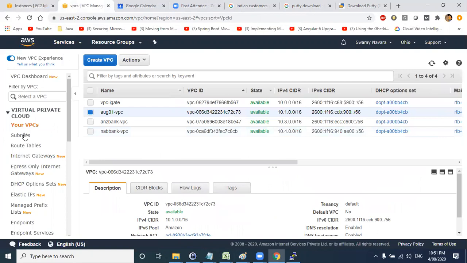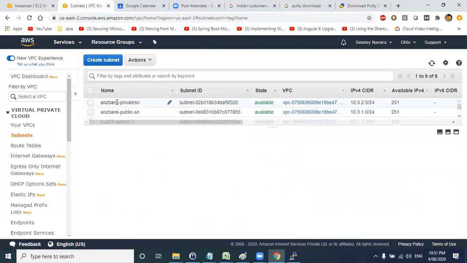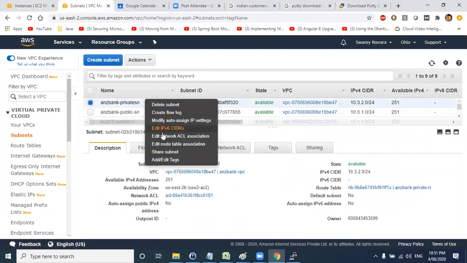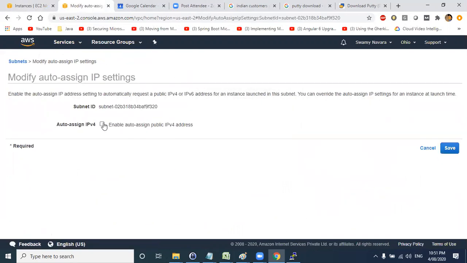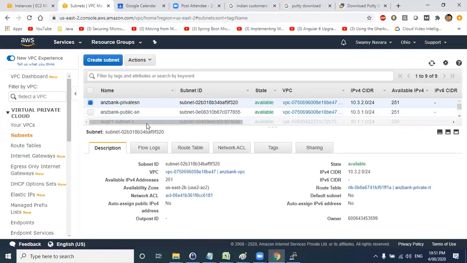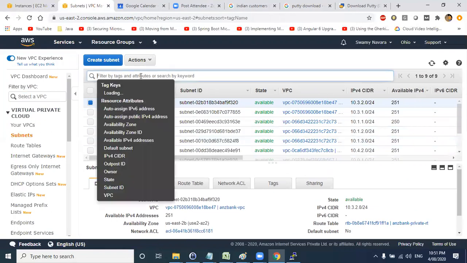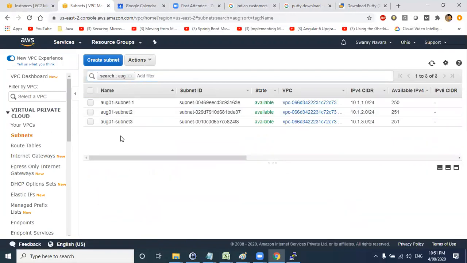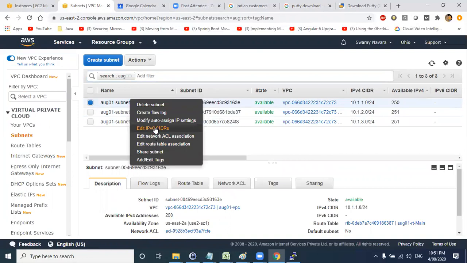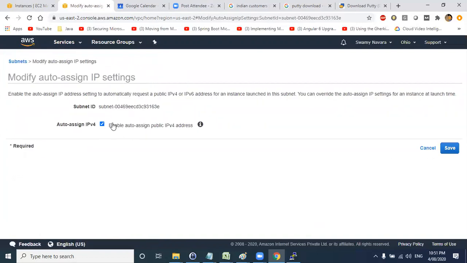And in the subnets, while creating subnets, I asked you to enable the option for auto assign IP address. Let us select the subnet. See, we have enabled here auto assign IPv4 address.